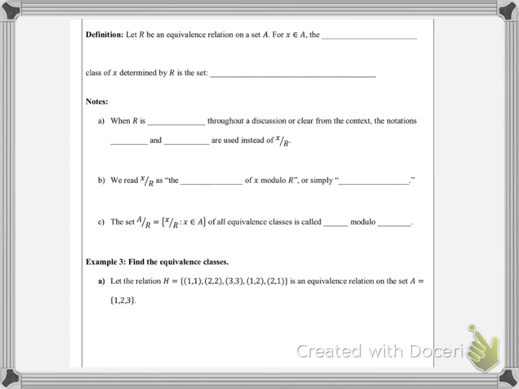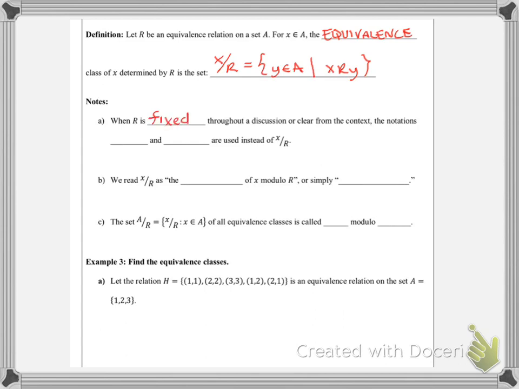For x belonging to A, the equivalence class of x determined by R is the set x mod R, which equals {y belonging to A such that x relates y}. I think I said x over, it's actually x mod, which we'll talk about the terminology in a minute, how you say it. So when R is fixed,